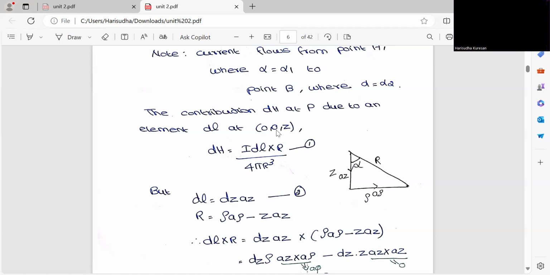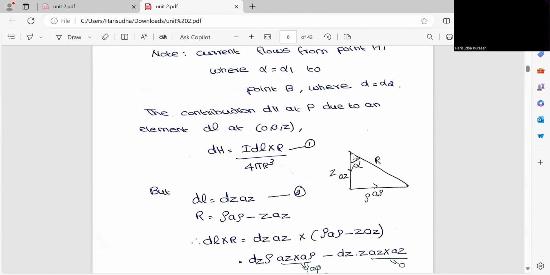X is equal to 0, y is equal to 0, and z is equal to z-axis only. You have the straight long filamentary current carrying element. So we can write dH is equal to I dL cross R divided by 4 pi R cube. Now in this diagram, if you see, this is your z-axis where the finite length AB is there, and this